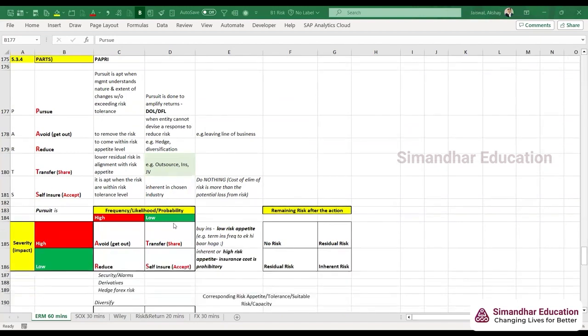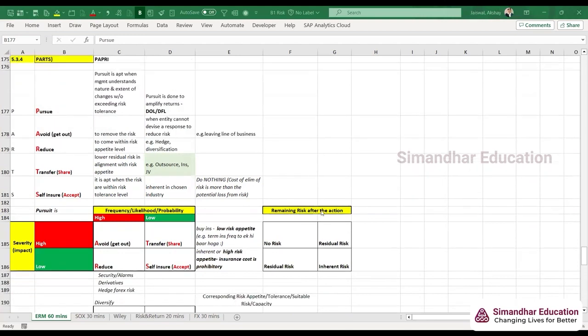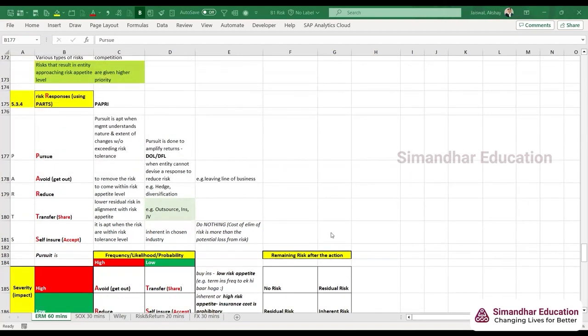So this heat map is not very clearly given in the book. That's why I had prepared it here, so that it is easier for me also and then the students also. So first is we'll pursue risk. What is meant by pursuing risk? Pursuing risk in the hope of higher returns, right? So we have expected higher returns, so we'll take on leverage, we'll take on debt, we will take some more risk and pursue the risk. Okay, so that's fine. That is the normal nature of business.